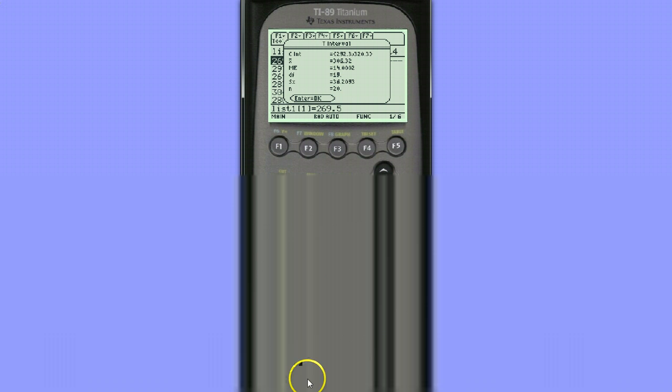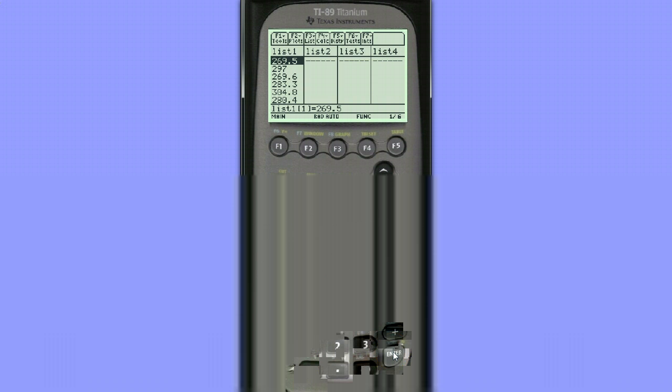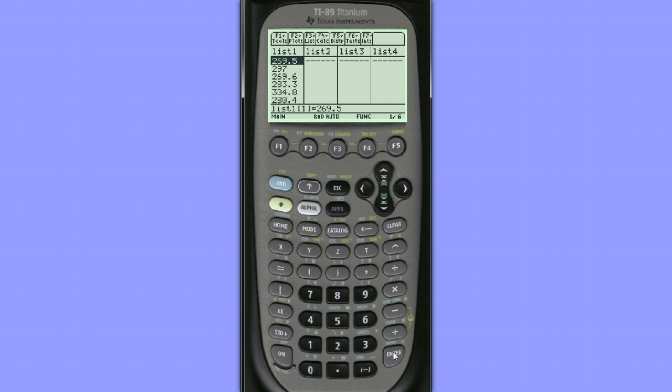For this example, we won't be working with raw data, we'll be working with summary statistics. We'll be taking a look at another example from Chapter 8 of The Practice of Statistics. For this example, exhaust emissions were measured on 40 light-duty engines, and the NOx reading was obtained for those light-duty engines. To enter our summary statistics and create a confidence interval this way, once again we'll hit second, F2, choose